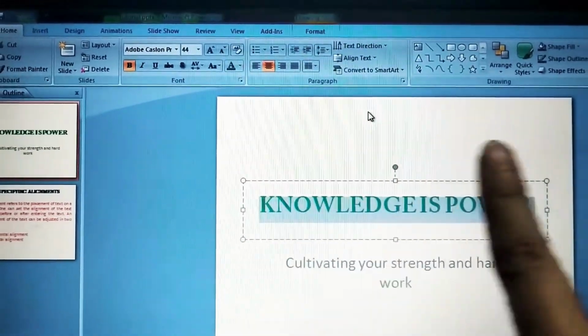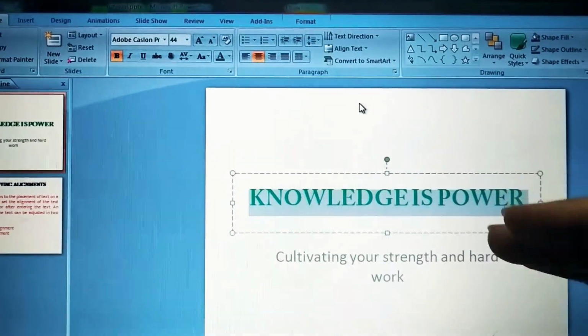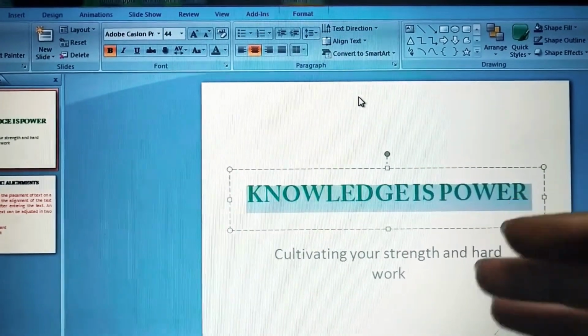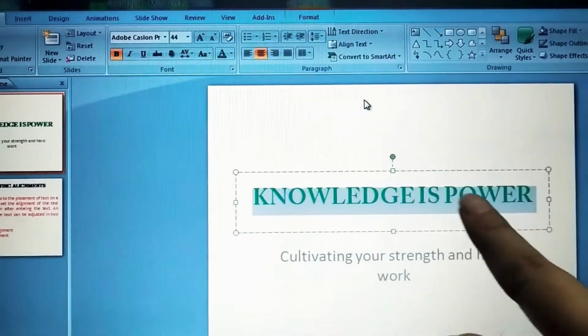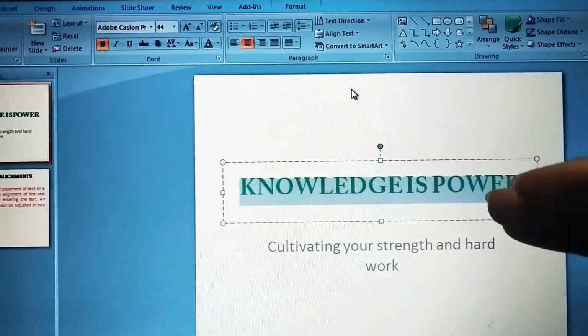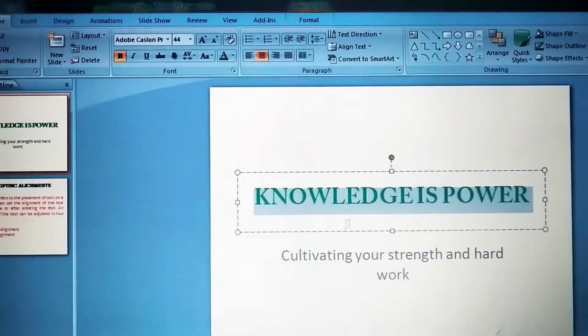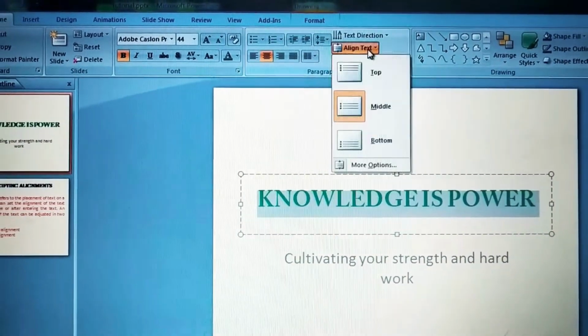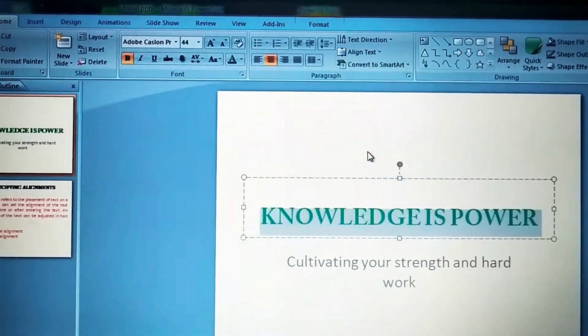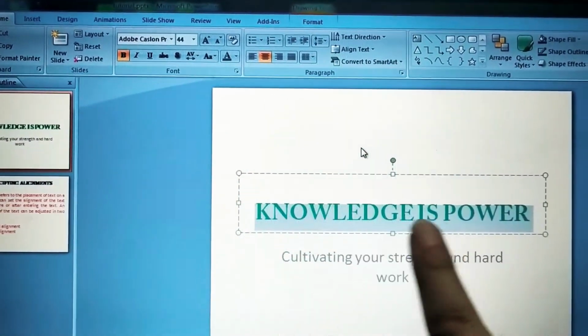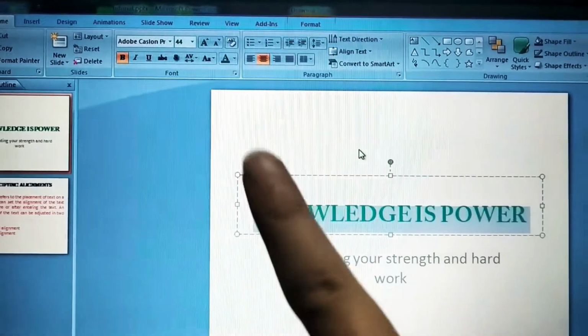See, in this complete placeholder only I can change the placement of this text. Now it is aligned to the middle. If I want my text to appear in the bottom of this placeholder, I will again select my text and click on align text button, then bottom. This has placed my text to the bottom of this complete placeholder.